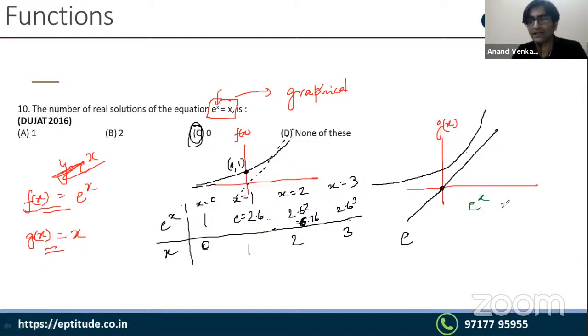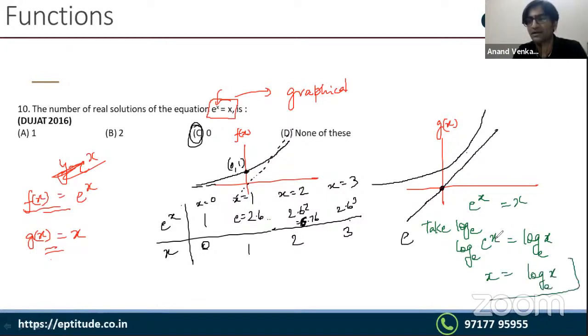So अगर मैं e power x equal to x से start करूँ and you take log in the base e, right? So then this will become log in the base e of e power x equal to log of x in the base e, है ना। तो ये क्या बनेगा, e का कौन सा पावर है e पर x बनाता है, ये x बन जाएगा, x is equal to log of x। तो बात तो सेम ही हो गई ना यार, यहाँ पे भी तो आपको कर्व भी बनाना पड़ेगा,